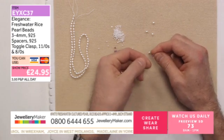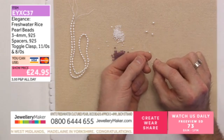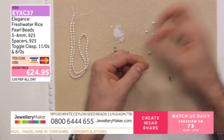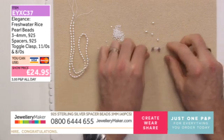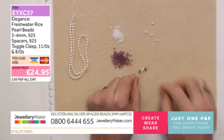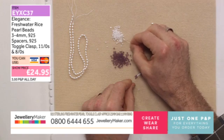So I'm going to slide 3 down, and I've got my thread coming out of the top of the bead, and I'm going to go round the back and back through. So then we're going to pull that nice and tight. So that little row of seed beads will sit in between the group of 4. So I'll just do one more little section, and then I'll talk you through the necklace, because